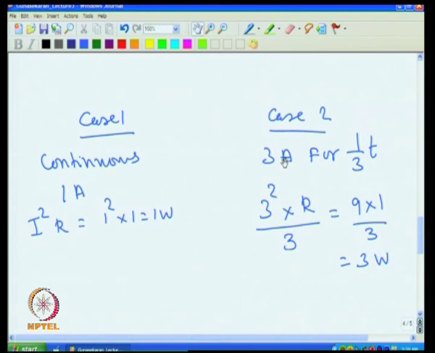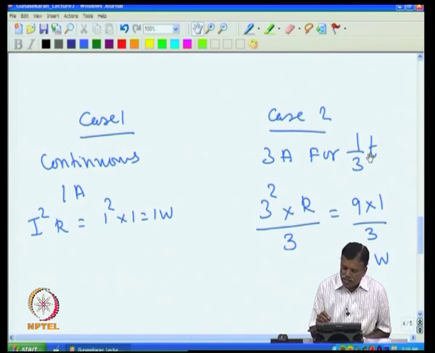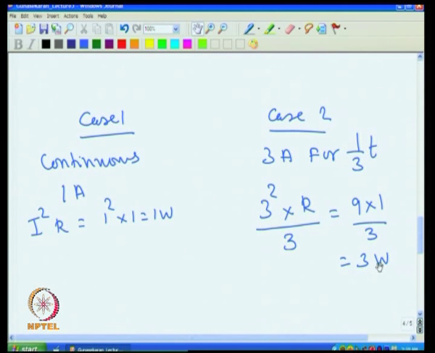But if I take 3 ampere for 1/3 of the conduction time, say 3 millisecond is the conduction time, in that case the total loss will be 3 square into R by 3. That is, for the same transformer you will have 3 watt loss. That means if I draw the power continuously, the heating is less, but if I draw the same power in a very short time with high current, then the heating is more. This is what really happens in the